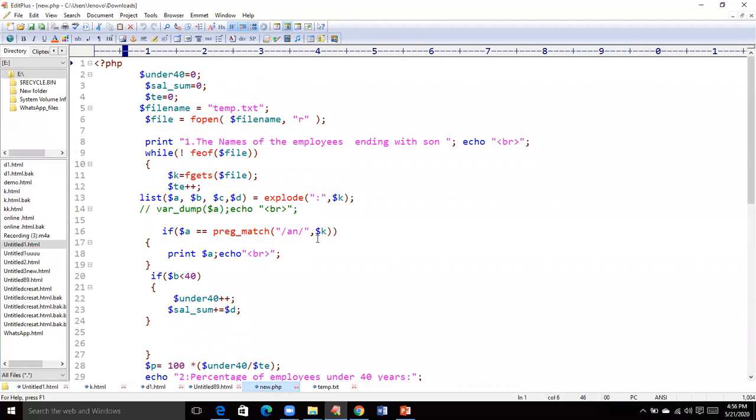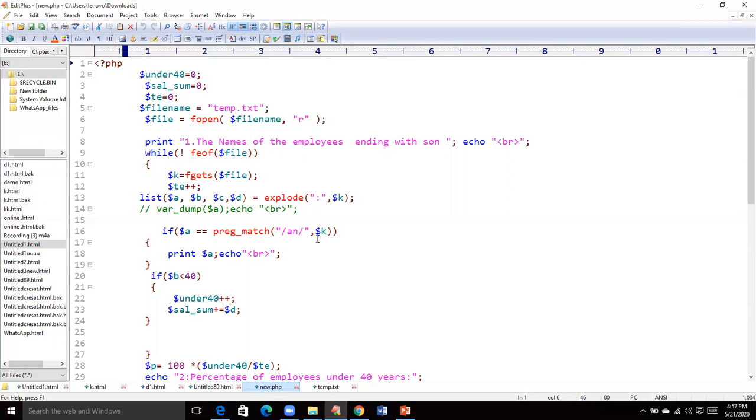I hope you are clear with the text file. Okay, first come to line number 5. I have a file name, temp.txt, and I have a file handle in line number 6 to use the method called fopen, scalar file name comma r. What is r? R is used to read the file. It is a mode. I have discussed read mode, write mode, append mode, etc. So here we are just reading the contents of the file.